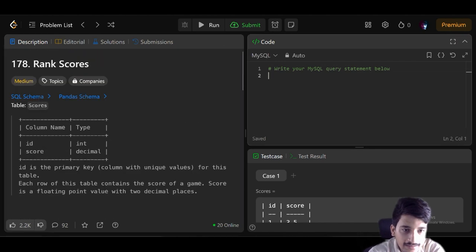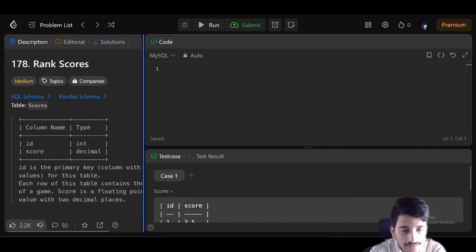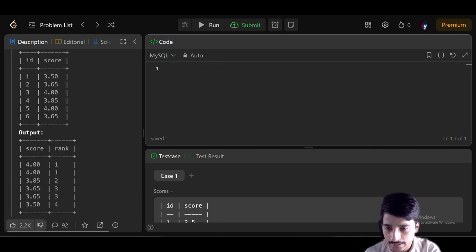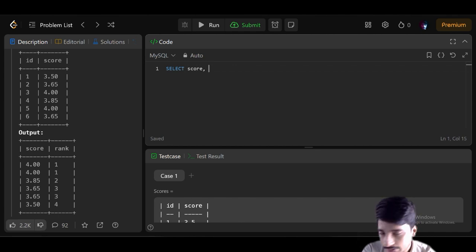Let's see how we could approach this. We need to use dense rank and just use order by descending score, and then we are good to go. So first I will select what I need to select, and I need to create a ranking. So I will select score, and then we need to create a dense rank over, and then we need to order by score